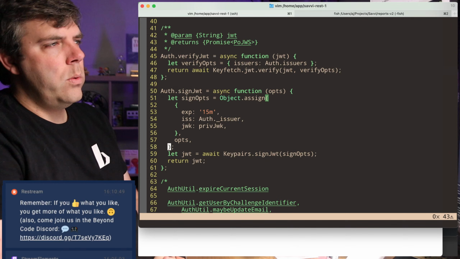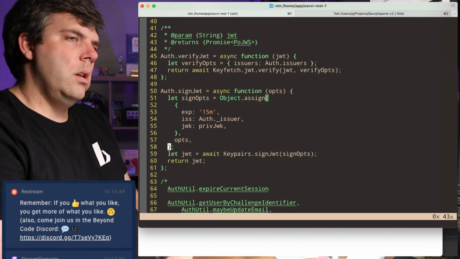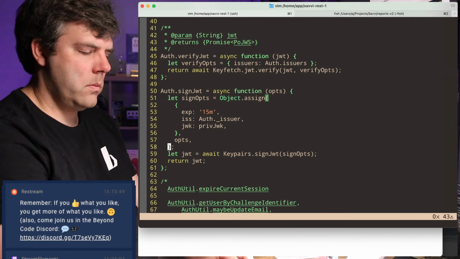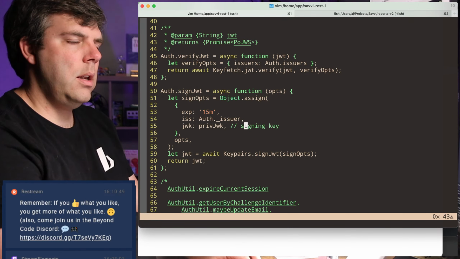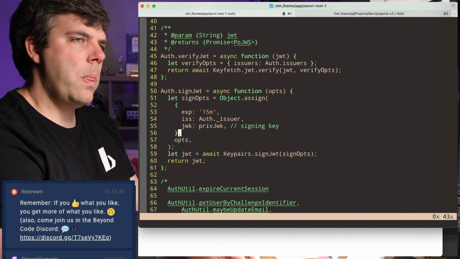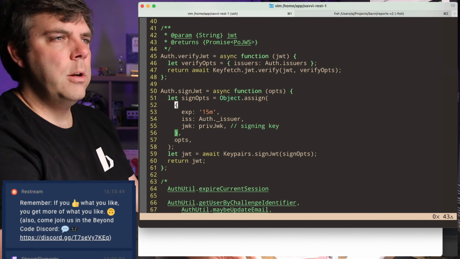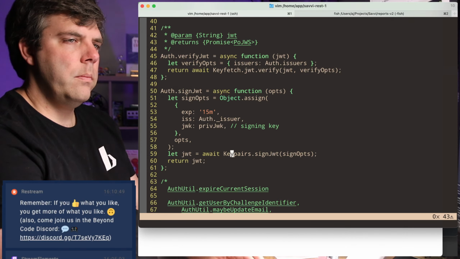That is what we're signing with. This is the signing key. And then these are whatever the ops are, so this could be overridden. Okay.